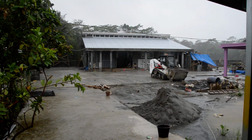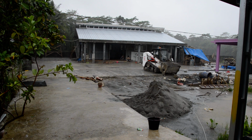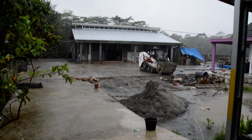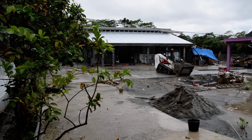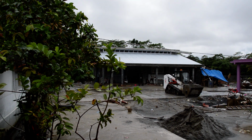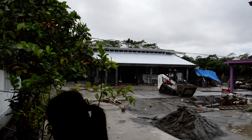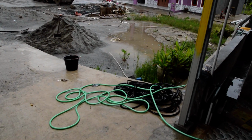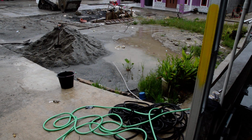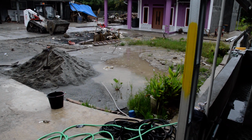And just as I got back here, it decided to start coming down heavier. Timing is everything, apparently. I got home after dark last night, so I didn't get the evening walk around. And you'll see on the puddle there, it's raining,